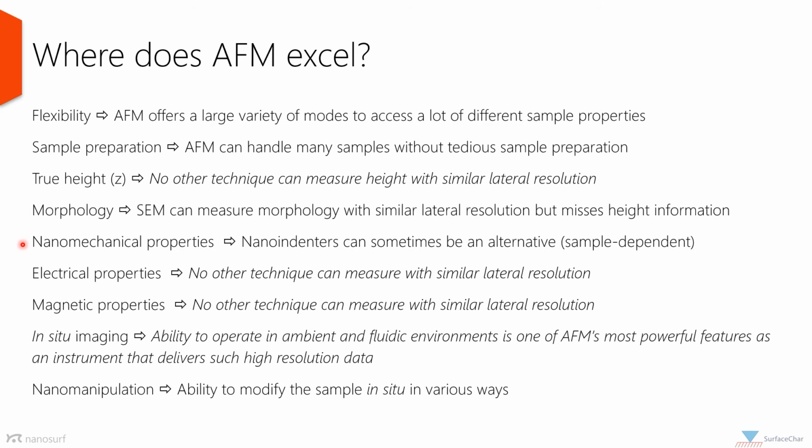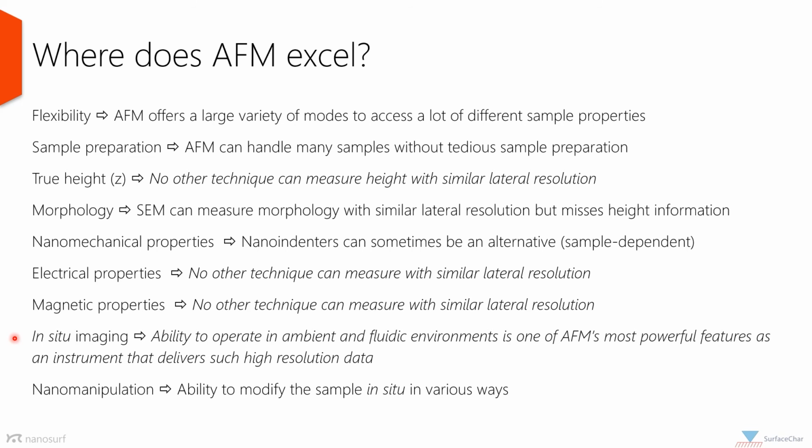For nanomechanical properties, we have a tip that we can use to touch the surface with, so we also have good ways to measure nanomechanics here. Nanoindenters can sometimes compete, but this typically depends on the kind of sample. For magnetic and electrical properties, AFM is unbeaten, so there's no other technique that can provide these properties at a similar lateral resolution. And in situ imaging, something which, for example, is needed for biological samples where we need